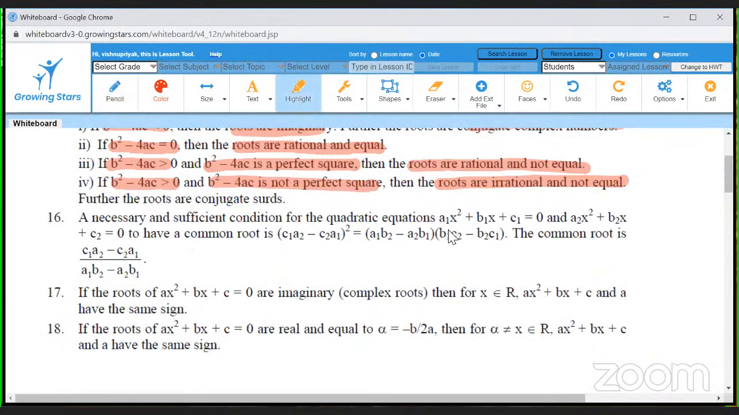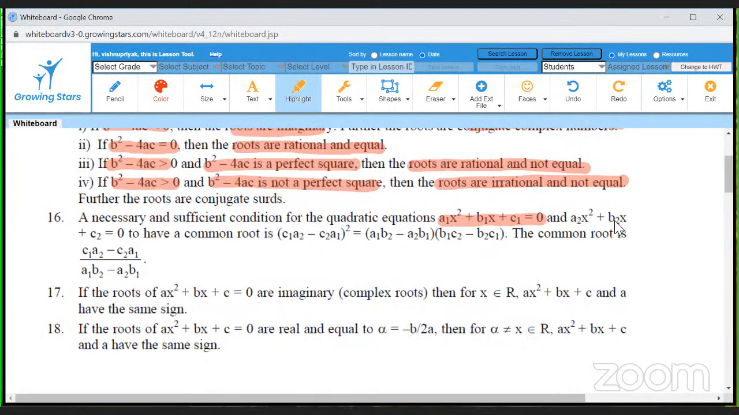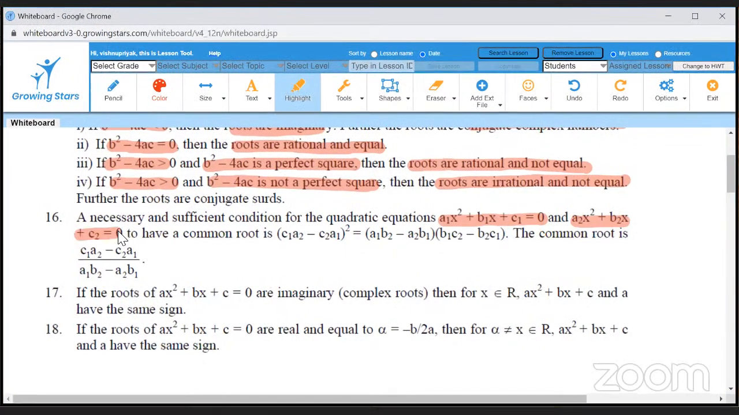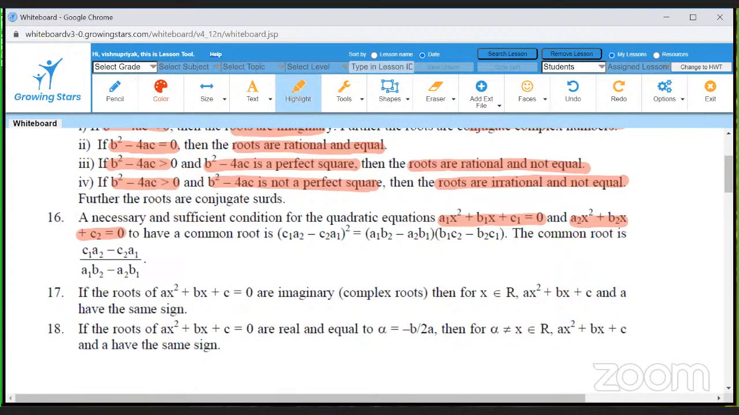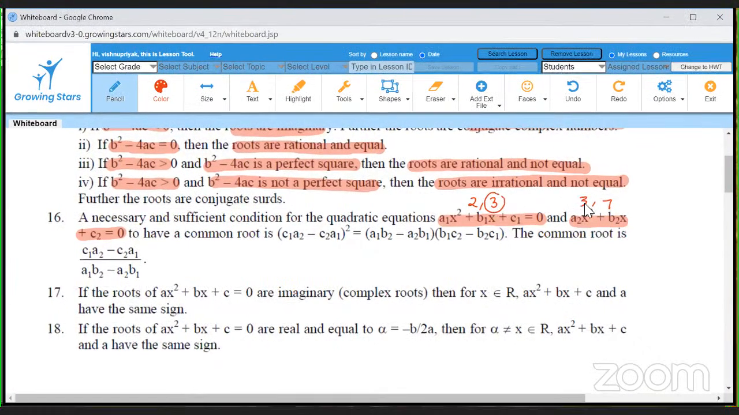Okay, there are two quadratic equations, a1x square plus b1x plus c1 equal to 0, and a2x square plus b2x plus c2 equal to 0. If both of them have a common root, like this equation has 2 and 3 as roots, and this equation has 3 and 7, then 3 is the common root in both the equations. If such a thing happens, then you can say